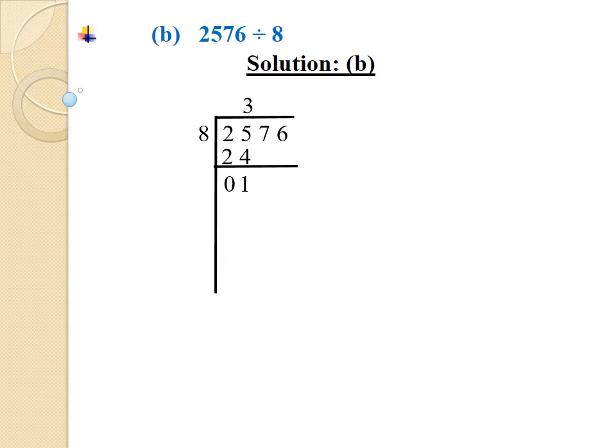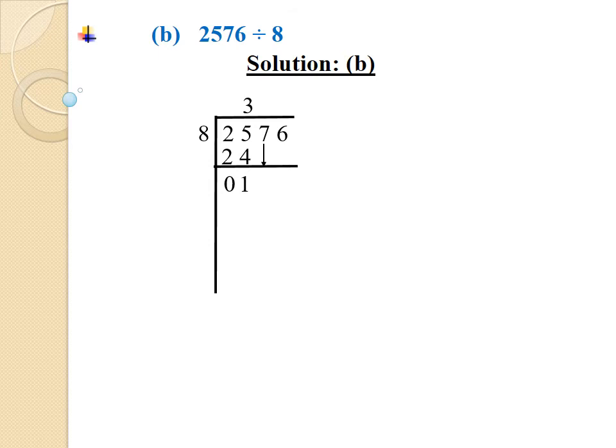Students, we know that 0, 1 is 1 and 1 is not divisible by 8. So, we have to bring down 7 and we have to write 7 after 1, that is in tens